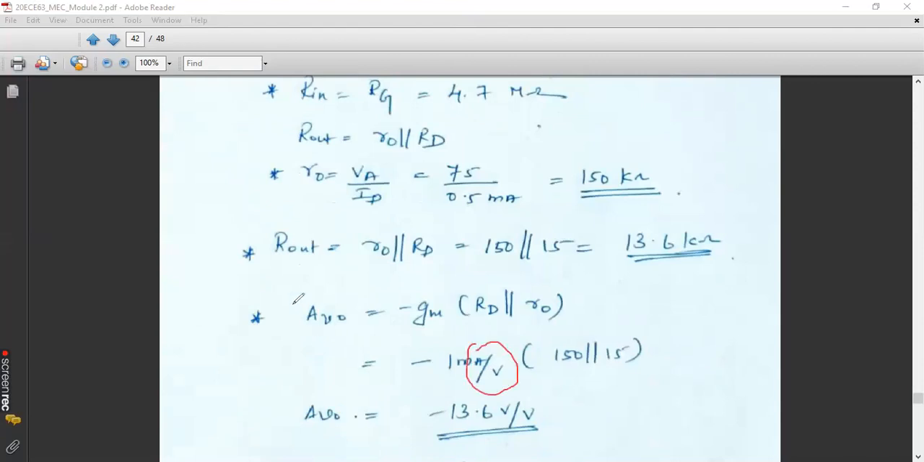Here also AV naught. After finding R out, next we will go with AV naught. AV naught equation is minus GM into RD, right? Without R0, it was minus GM into RD. But after incorporating the effect of R0, your equation will become minus GM into RD parallel R0. We have to add this also. So here also it is minus 1 milliampere per volt into 1